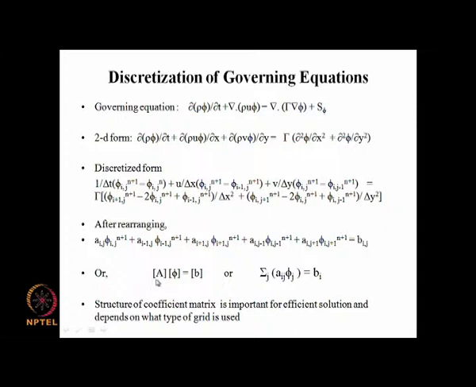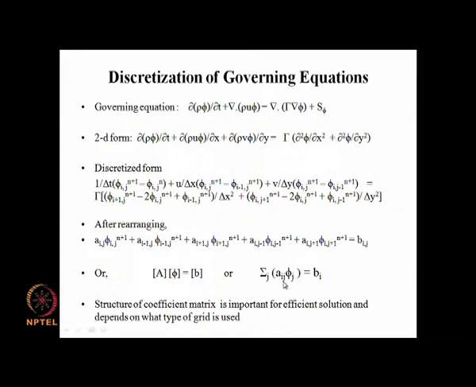and this can be put in the form of A phi equal to b, where A, phi and b are matrices, or it can also be written as sum over j of a_ij phi_j equal to b_i. And since we are summing over j, we are left with I number of equations for the I number of variables. So this is the type of linearized algebraic equation involving